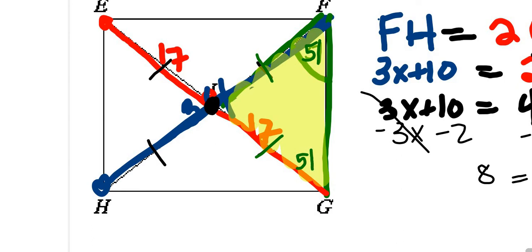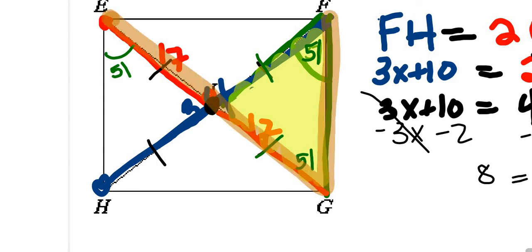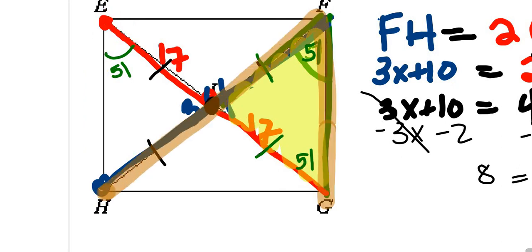Now remember, it's a parallelogram, which means you have parallel lines. And if you have parallel lines, you also have armpits of the Z going on. So armpits of the Z means your 51 goes here. Armpits of the Z. You also have this way, armpits of the Z. That means the 51